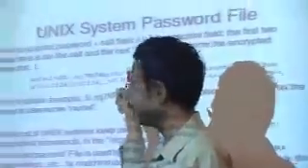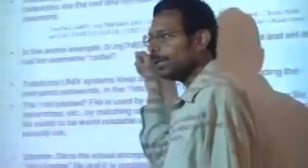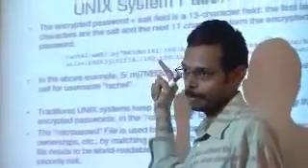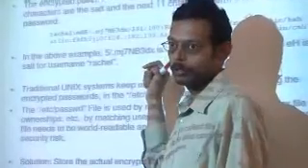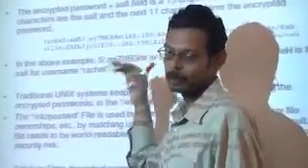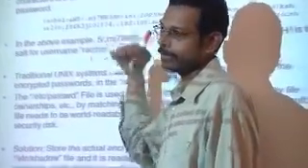But certain application programs need to know the username according to that user ID. So this is the only file that has the mapping between user ID and username. So this file has to be accessible to all the applications that need to know this mapping. That's why it is allowed for everyone to look at this. Because if you write an application that needs to know the user ID for a user or vice versa, they need